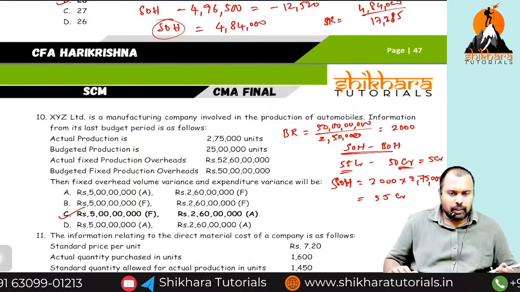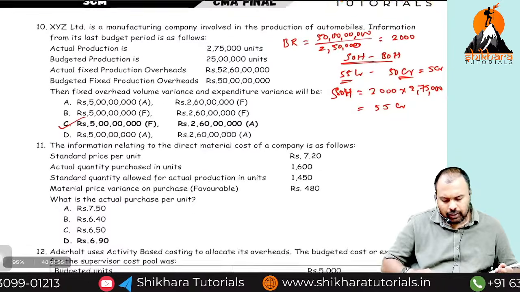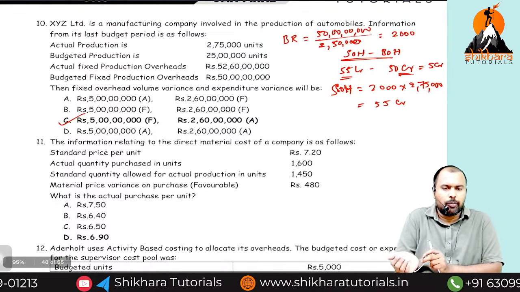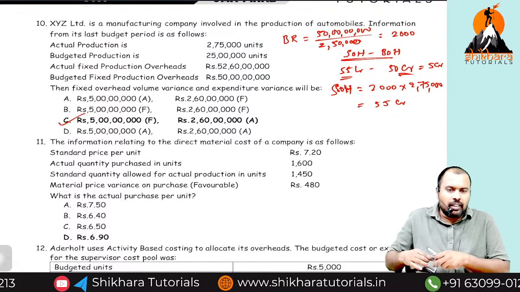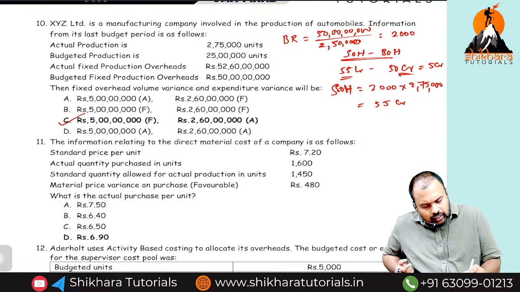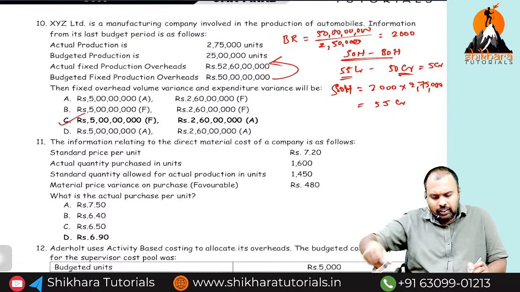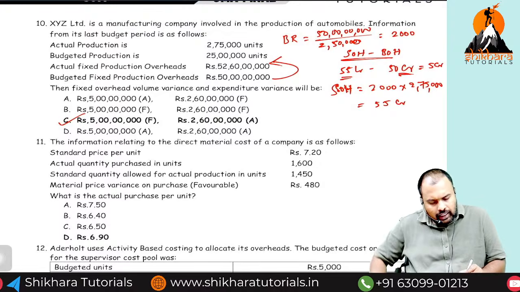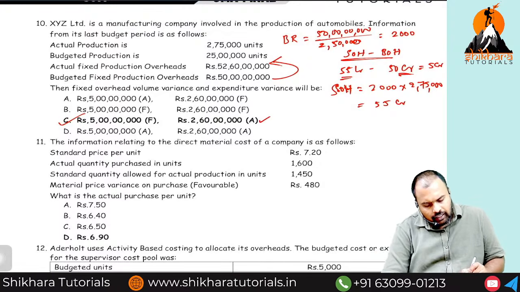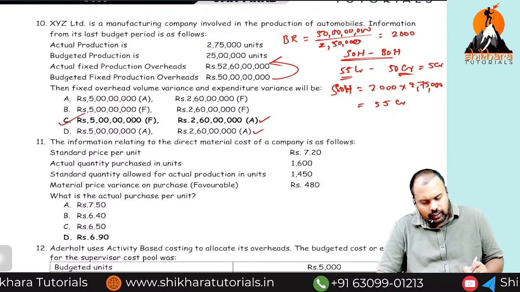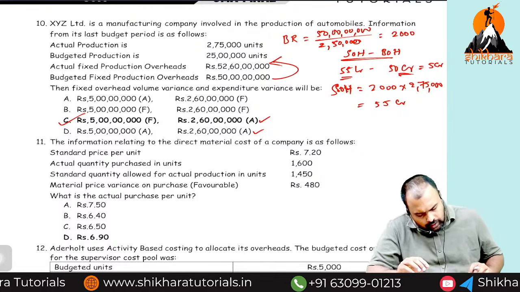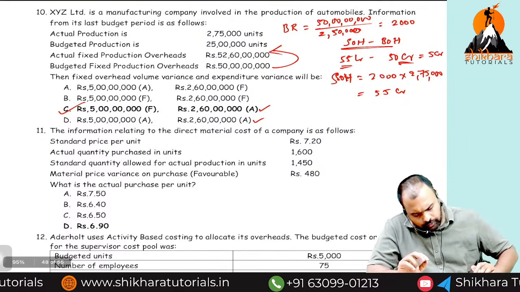But for MCQs, we have to save some time. So we can just identify whether it is favorable or adverse. Because with the direct information, we can say that the difference between these two is expenditure variance, BOH minus AOH, and it's an adverse there. As it is an adverse, there are two options. Clear? And based on that, we have to fix it. Next,